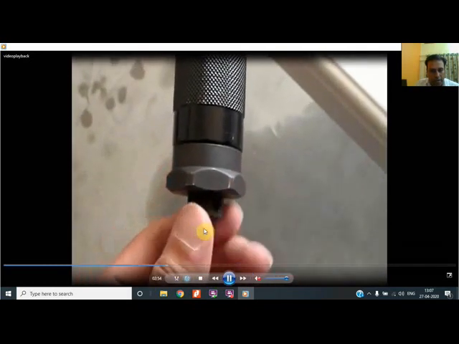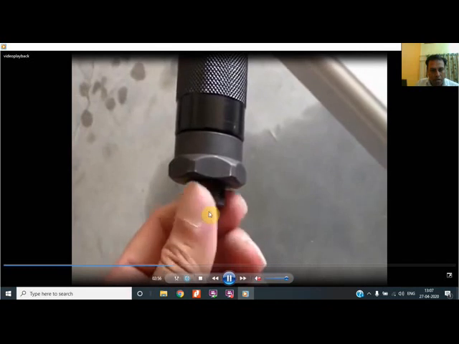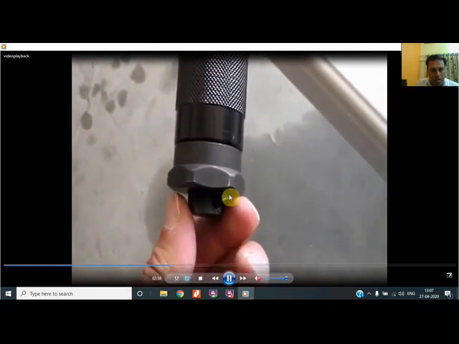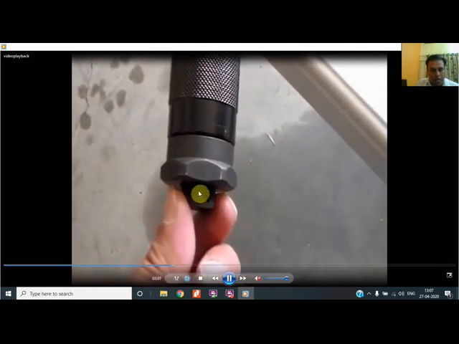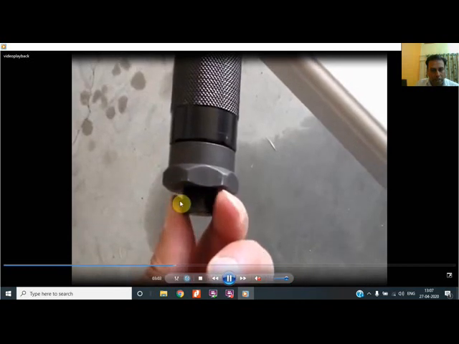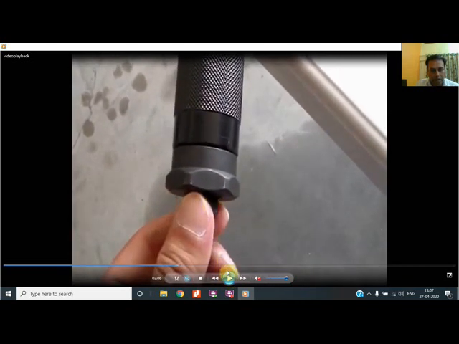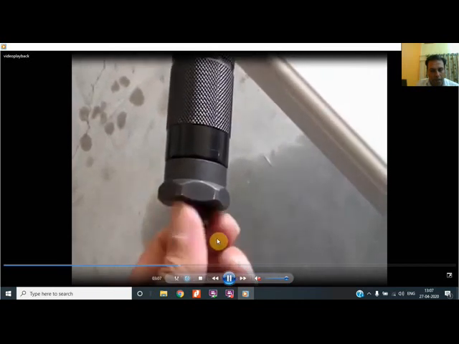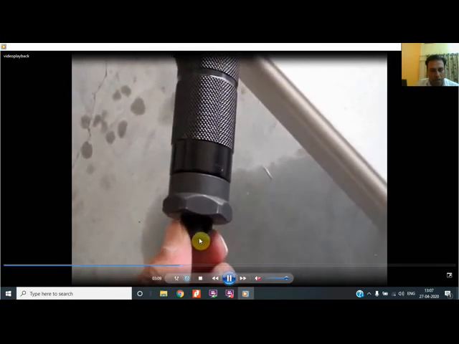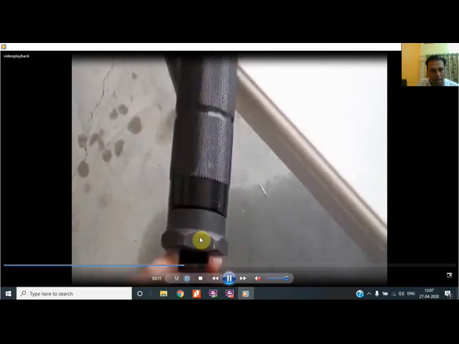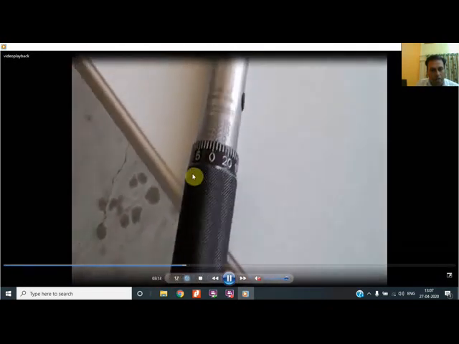Initially he is showing that if we have to unlock the moving scale, then we have to rotate it in anti-clockwise direction. Means if you rotate in clockwise direction, then it will get locked. And if you rotate in anti-clockwise, as he is doing over here, then it will get unlocked. Now after unlocking, only then you can rotate it.